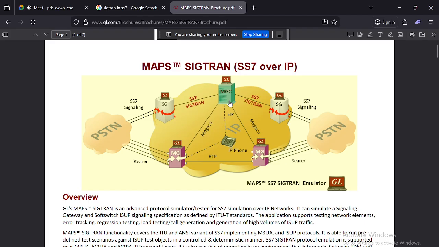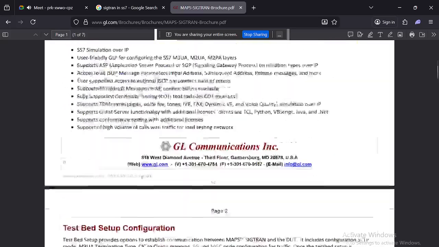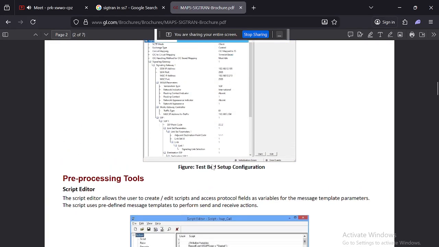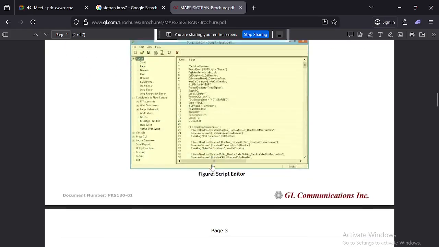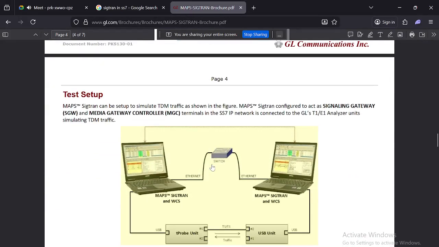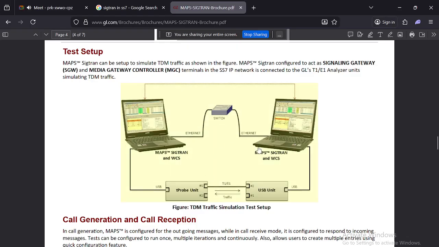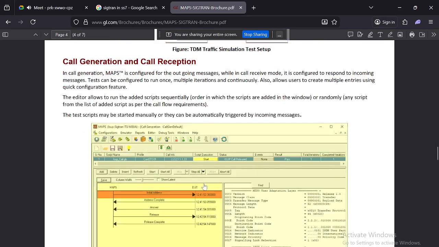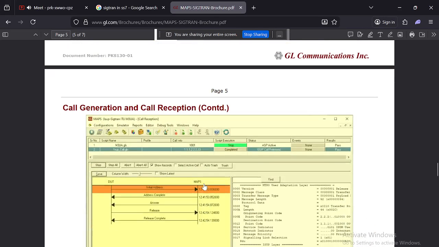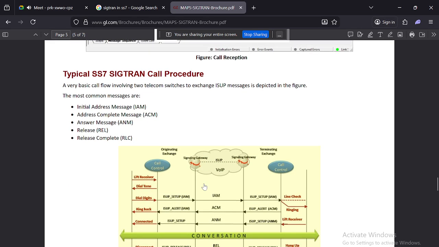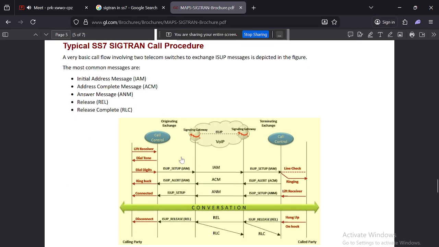Then it will go to ISUP. Let's look here. Where is ISUP? Creator maps. And maps of SIGTRAN. Okay.